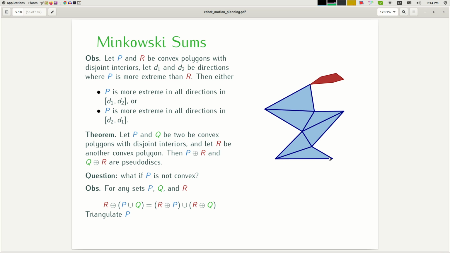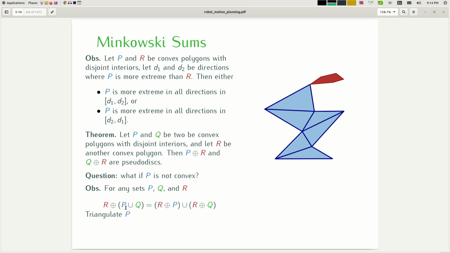For Minkowski sum, it still holds that you can write this equality. In other words, if you want to Minkowski sum the union of two regions, that's equivalent to the Minkowski sum of each one of them and then uniting them together. This follows by just a basic property of Minkowski sum, which is defined as one element from here plus one element from here. And you can open it up and see that that easily equals first adding one element from R, one element from P, and then union them